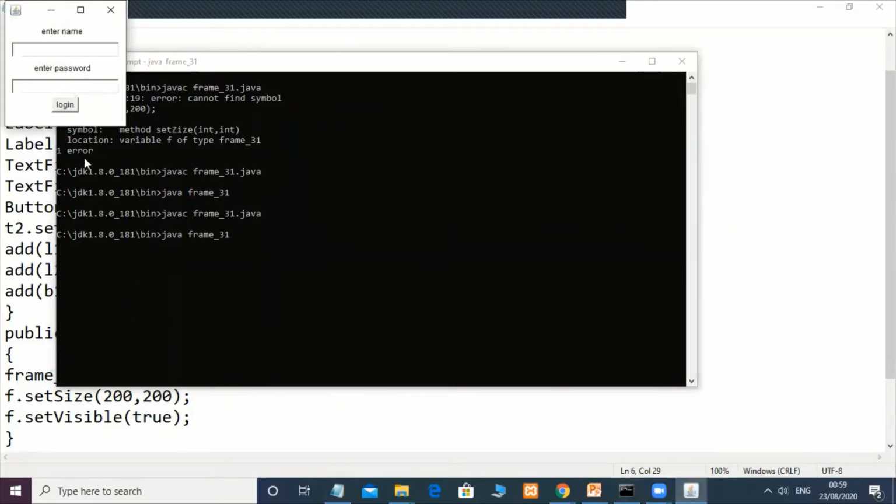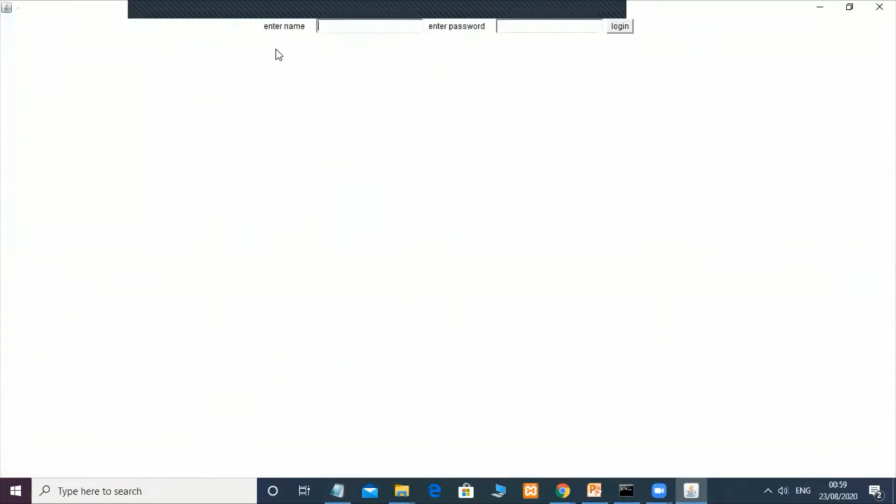See this, now I got output like this. In flow layout, it will arrange the components row-wise. See here, this is the login screen. I enter the name, and the password is echoed by asterisks; the original characters are hidden, and the login button is here.